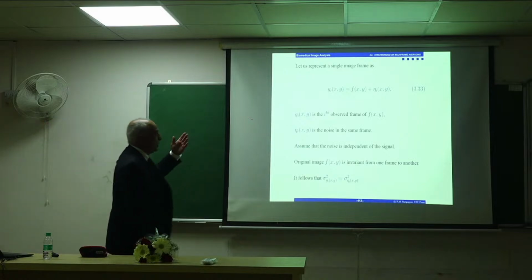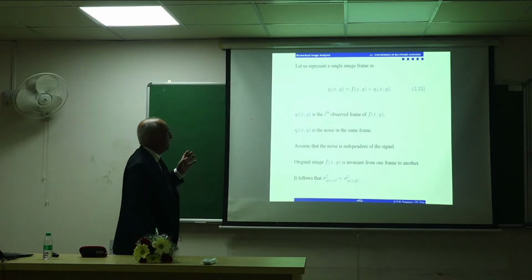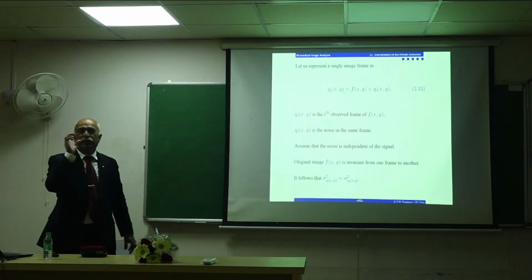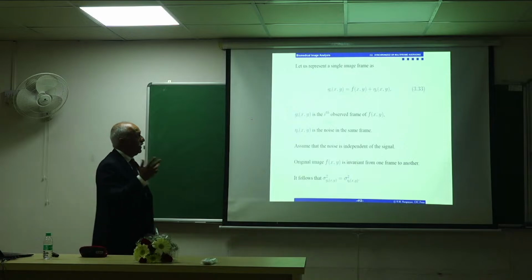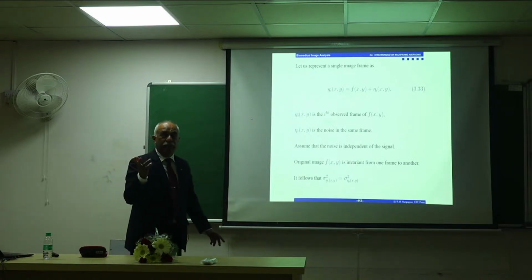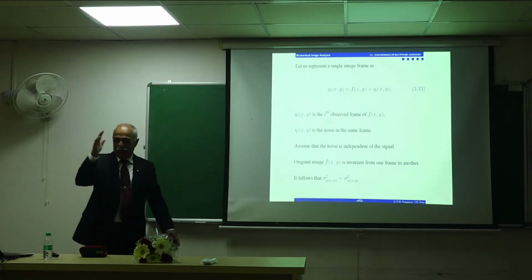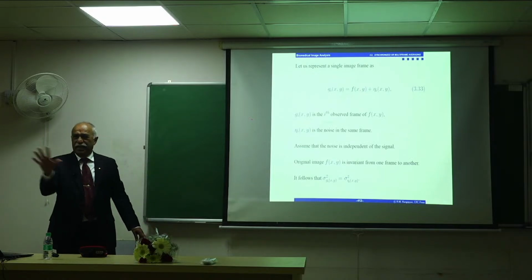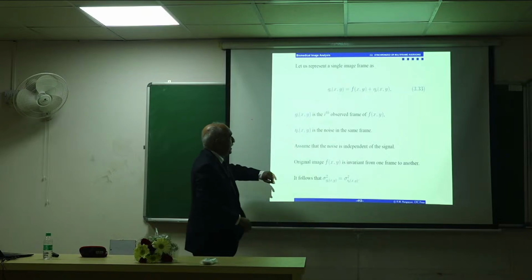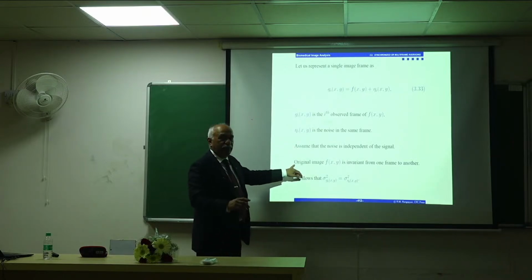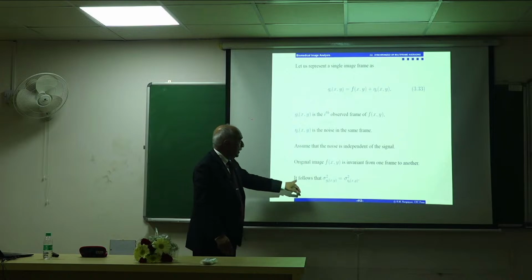So the model is very simple. g_i(x,y) is f(x,y) plus eta_i(x,y). f(x,y), the original, is the same. g_i is the ith acquired image. Eta_i is noise in the ith image. But you may assume the noise is the same from one image to another. So assume that the noise is independent of the signal. The original image f(x,y) is the same. Then it follows that the